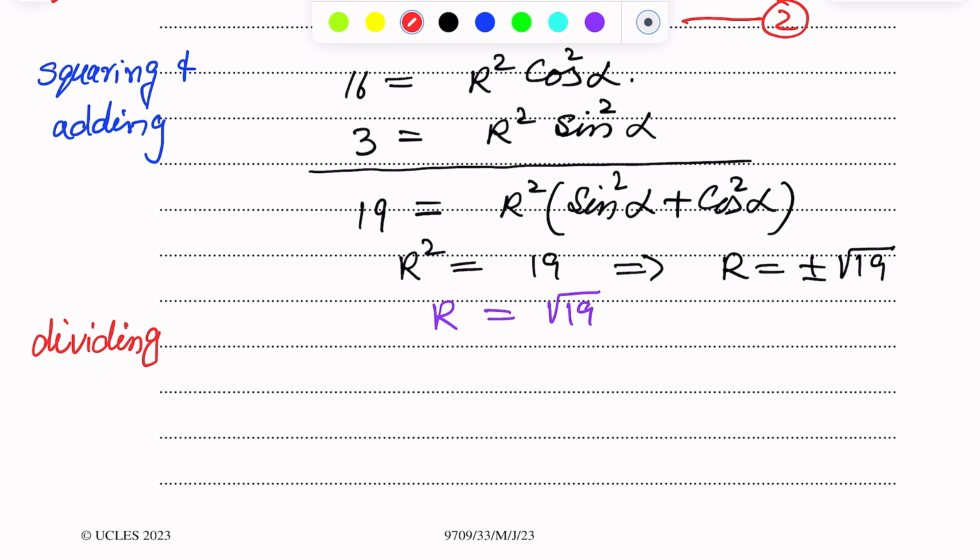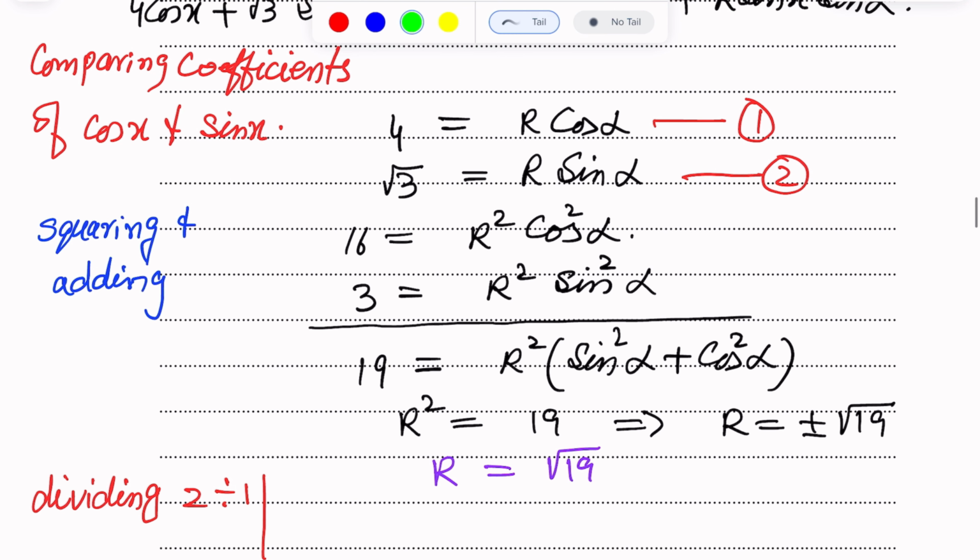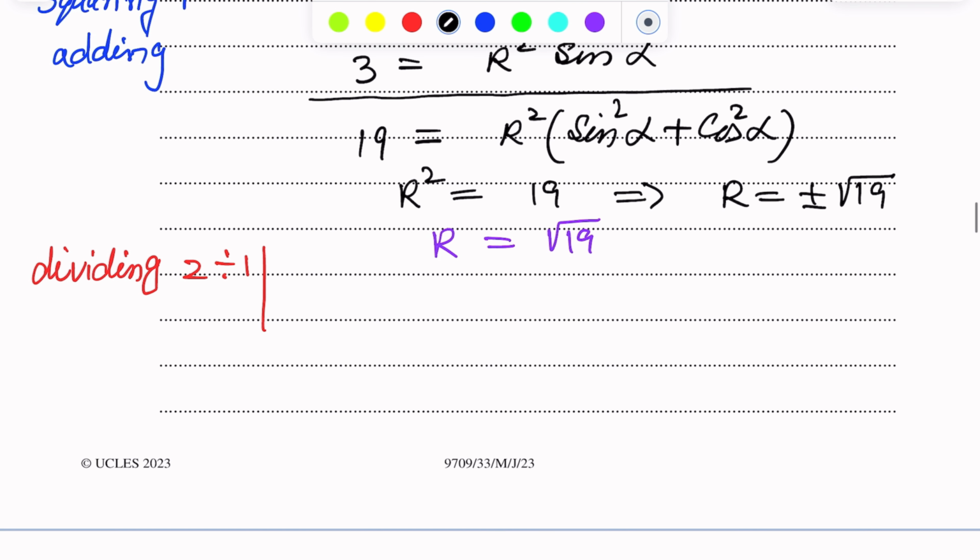Dividing equation number 2 by equation number 1, we get r sin alpha over cos alpha is equal to root 3 over 4. This becomes